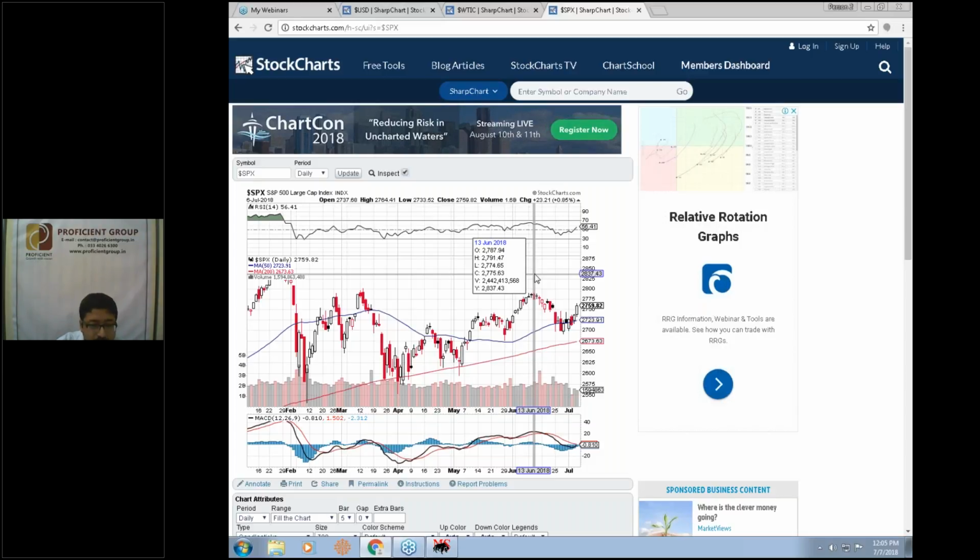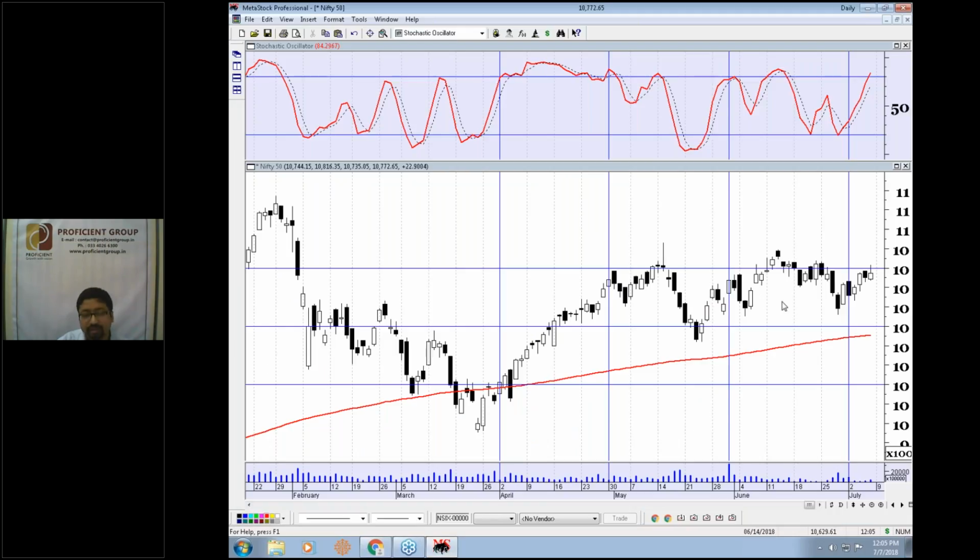So if S&P goes above 2792, Nifty is very likely to cross this mark of 10,840, and in that case, that will be a strong buy signal in our index, and the target will be